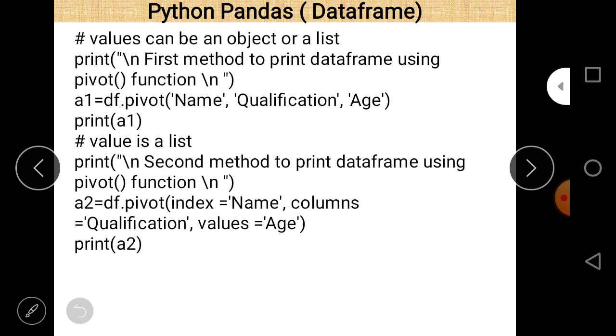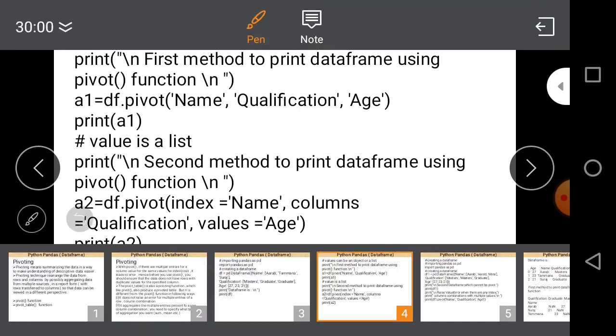And then, if we want to mention it explicitly, we use index is equal to name, column is equal to qualification, and value is equal to age, as mentioned in this line.